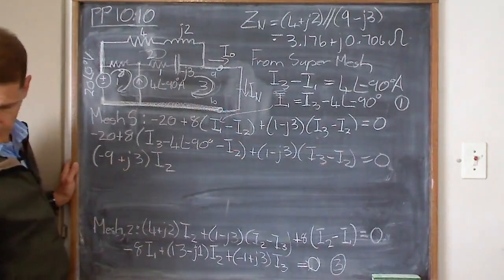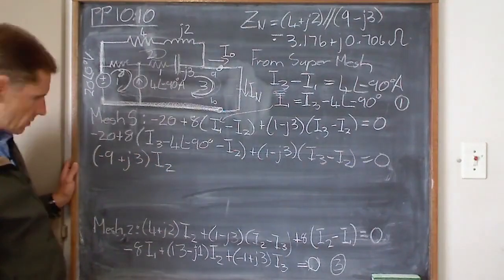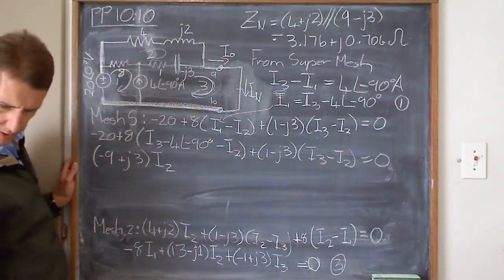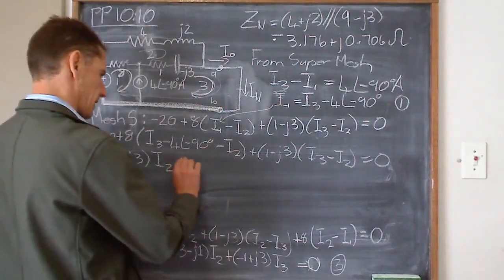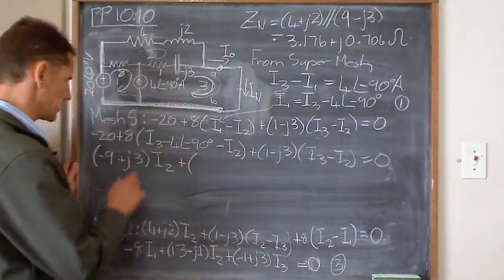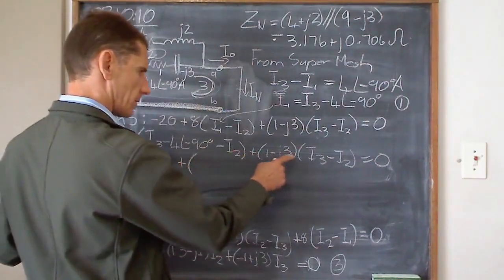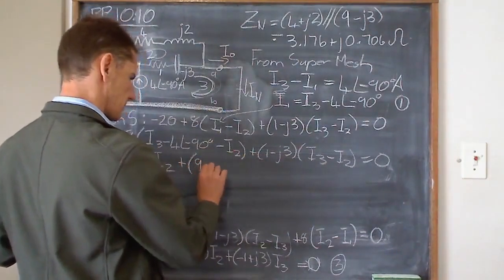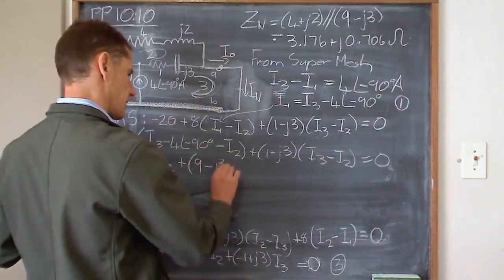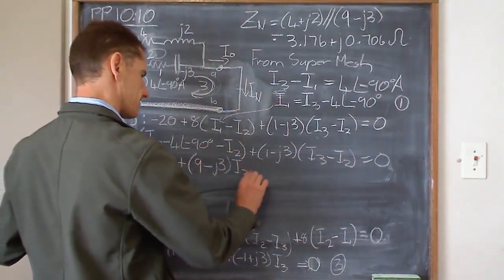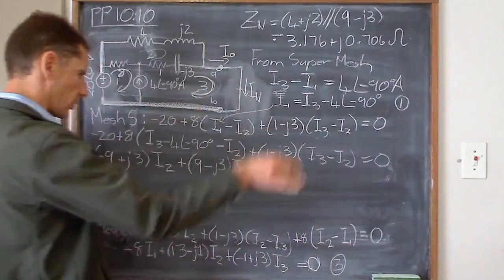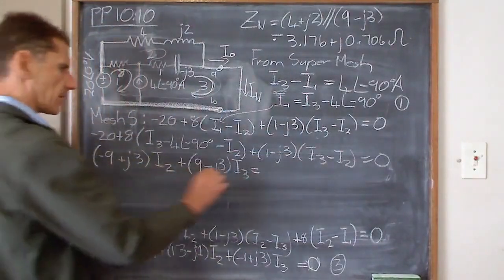Let's see if I got it correct with my tired little brain. Yes, I did. Okay, plus all the I3s. 8 I3, 1, so it's 9 minus j3 I3 equals,